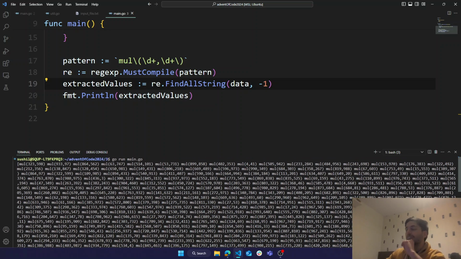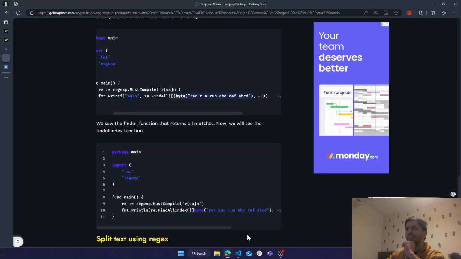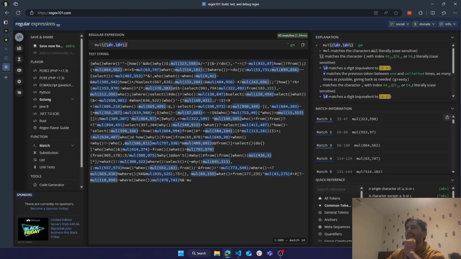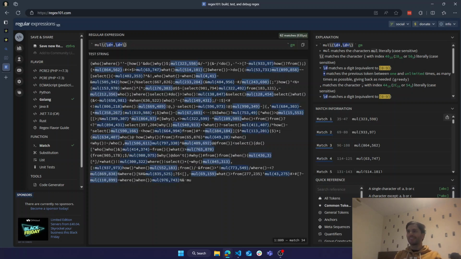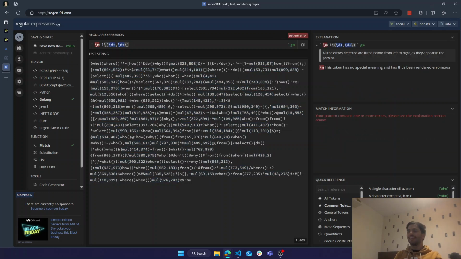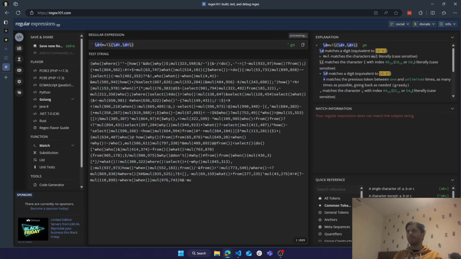Looks like so. See, what I want to do now, I don't know if it can be done directly in regex. Since we got all of these values, why don't we extract only the numbers from those values, right? Yes. I think I'll just loop through them actually. Slash D. Yes.